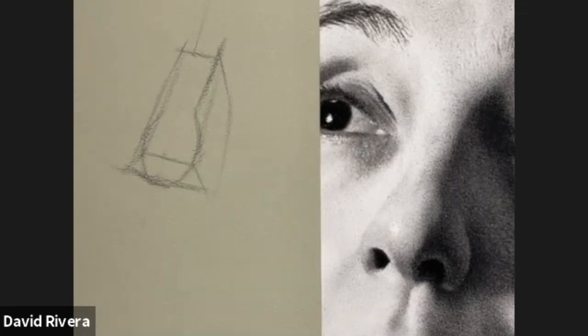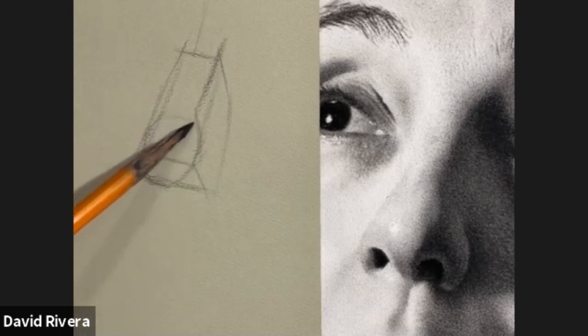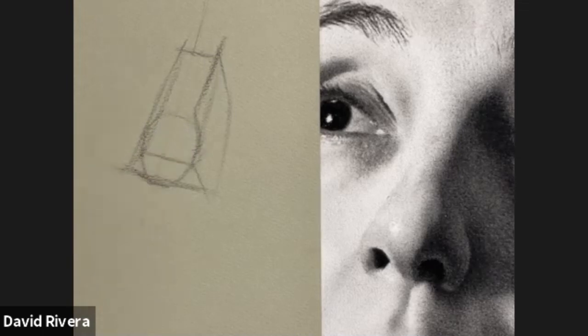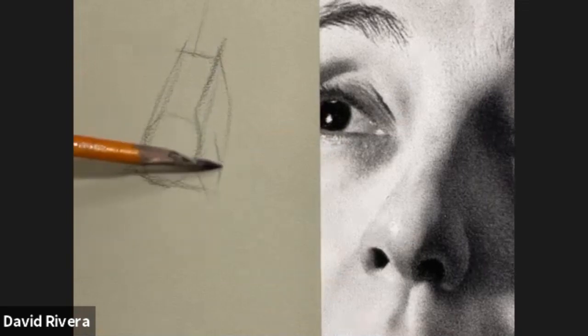How much of that do I actually want to draw? Do I want to really draw that all the way through? You certainly could if you wanted to. Like you could find that whole shape in there. Very round. Somewhat of an oval, more of an oval than a sphere. And then over here, we come to